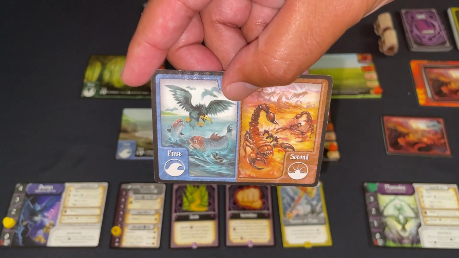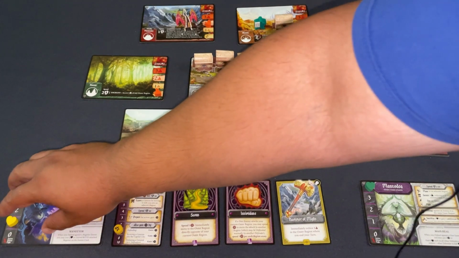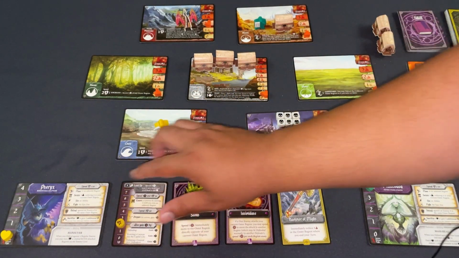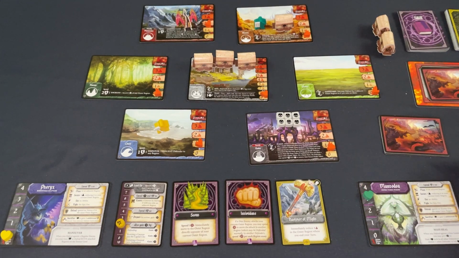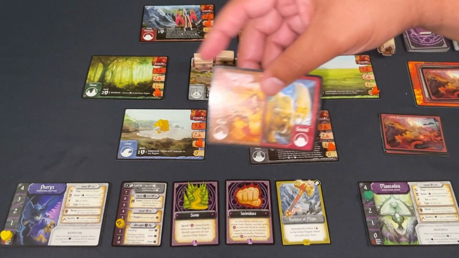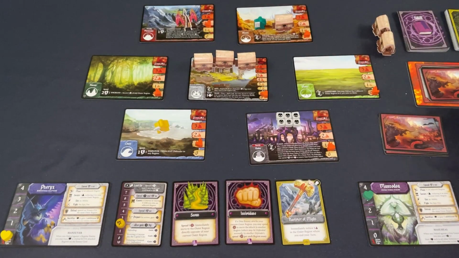Okay, we got coastline and desert, which happens to be the areas that I am guarding the most. They are spent, but I am perfectly okay with that. We have the mountains and the desert. Mountains are...